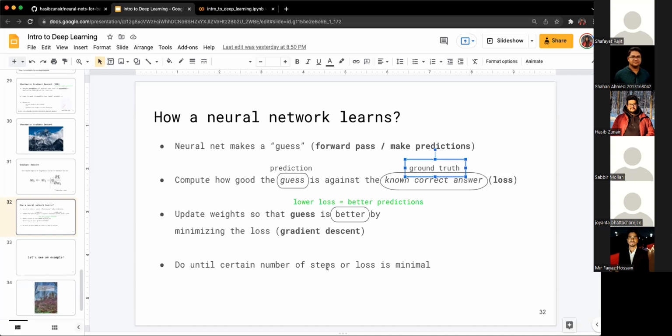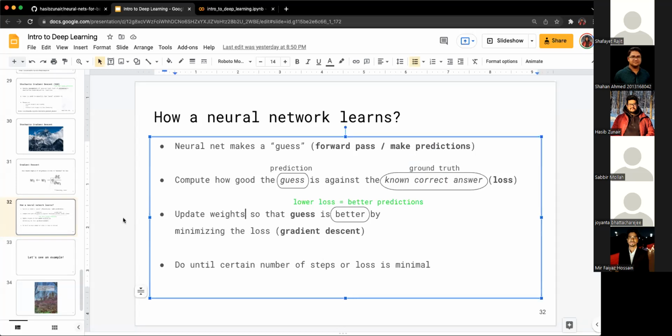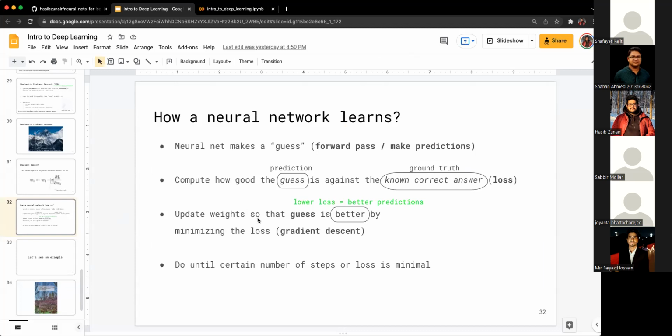Let's say you run it for a certain number of times, and then you reach your desired point, maybe a local minima or a global minima. What you want to do is just reduce the loss in order for it to work. So that's the whole idea of how a neural net learns. You make a forward pass, you compute the loss using the ground truth, and then you update your weights and also the biases. I only wrote weights over here, but there are also biases. So you update your weights and biases so that it's better the next time, and you do that many times in order for it to reach a good point.